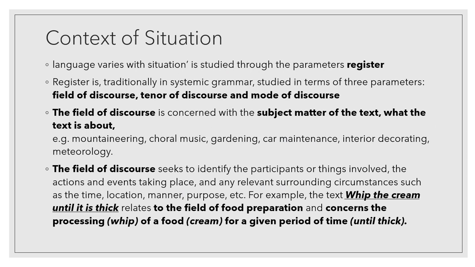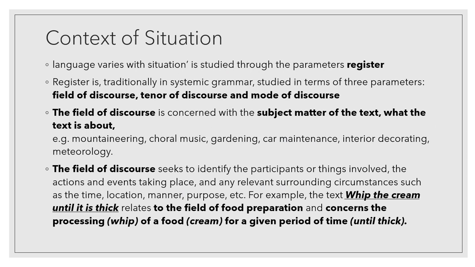When we talk about register, we are going to discuss three main parameters: field, tenor, and mode. When we discuss field, it deals with the subject matter of a text. For example, we are going to discuss mountaineering, choral music, car maintenance, and so forth. So how do we identify that? For example,